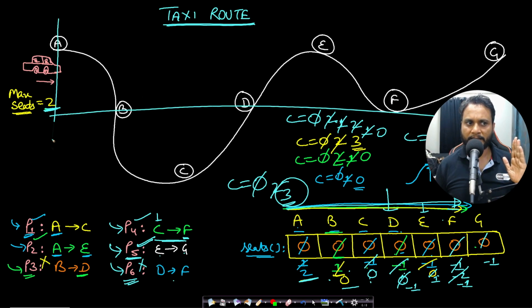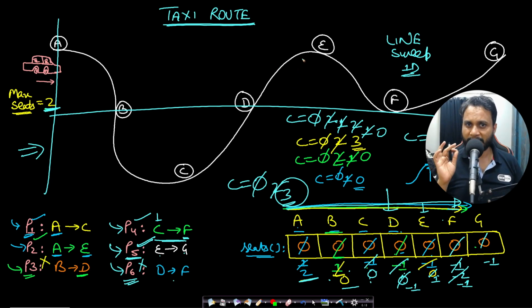Which is as if we are assuming a vertical line and moving the line from left to right, just like we are sweeping it. And since we are doing it in one dimension, that is why it is called a line sweep algorithm. Okay, so this is line sweep 1D. We will use this algorithm to solve the problem optimally. After the exact solution of this problem, at the end I will discuss why this line sweep is better